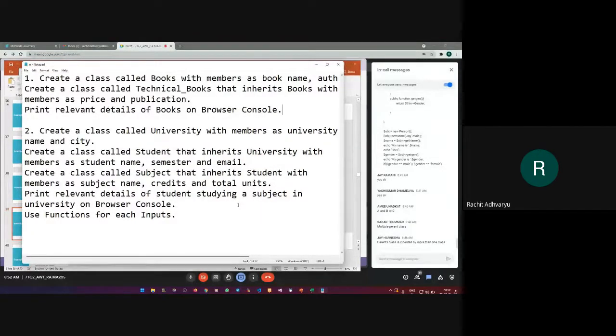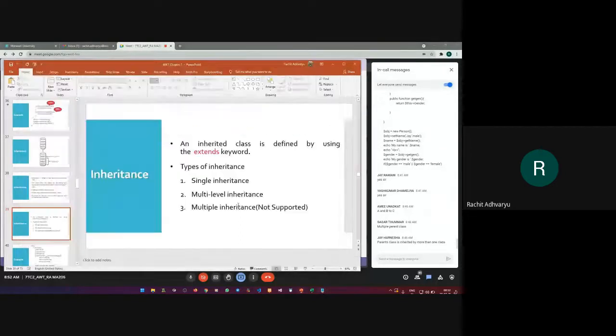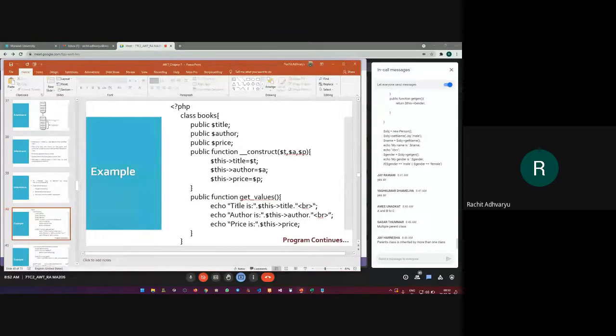How many of you started working on these two programs? If I just show you how to work with inheritance, then this is what you can do. See this one. We have a class, we have the public properties. Either we use the constructors or we use two different functions for setting up the values and getting the values.